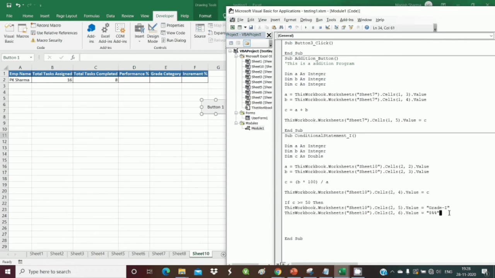Okay, 8. Okay, and else this, then this rate. Okay. And then increment would be rate 3. Okay, and then